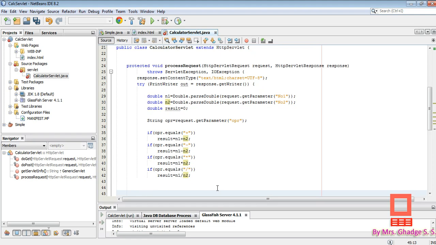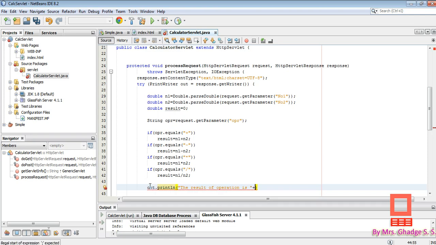Okay, and then we have to display the output, and for this we write one line, out.println, and in the brackets we write "The result of operation is", then put plus, that is the concatenation operator, and put the variable name result.